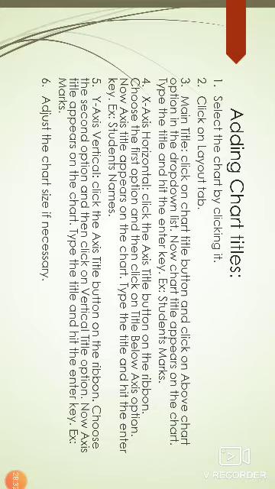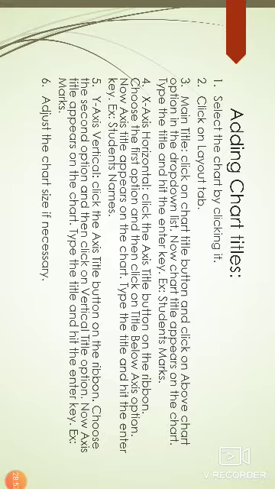Here example, student names. So y axis vertical. Click the axis title button on the ribbon. Choose the second option and then click on vertical title option. Now axis title appears on the chart. Type the title and hit the enter key. Example, marks.